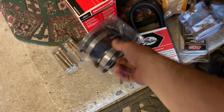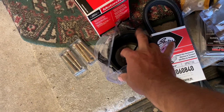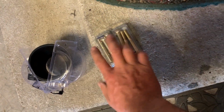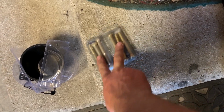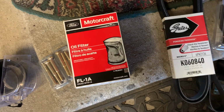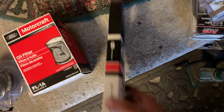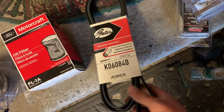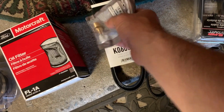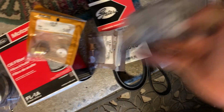Check it out. I got my 4" to 3" reducer because the Vibrant one is on back order. This one's flimsy and won't hold up for the turbo, so it's just a band-aid because of the back order. That's the first thing on the list. I got some 2.5" bolts that I don't think I need anymore. Then I got my FL1A oil filter that I'm probably just gonna pop on today because I can, and it's one less thing to do later. And then I got my Gates belt for the smog pump delete, 84.5 inches, and it looks good. I also got a vacuum fitting, the plug for my intake manifold, and another vacuum fitting,